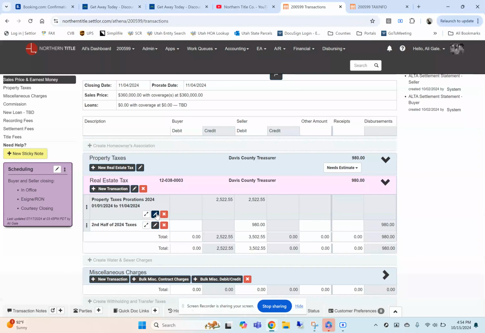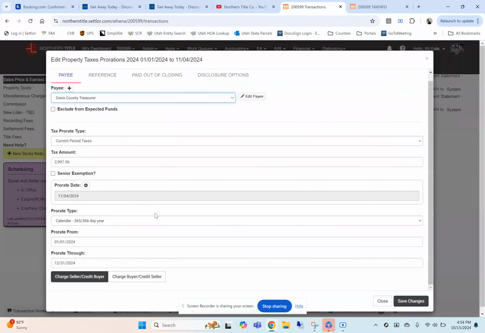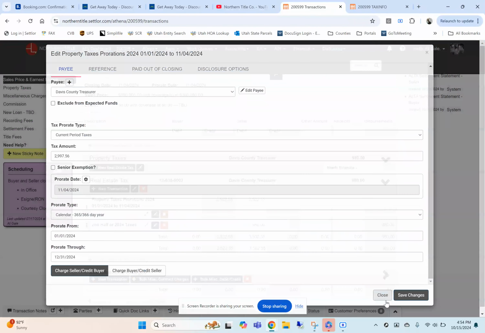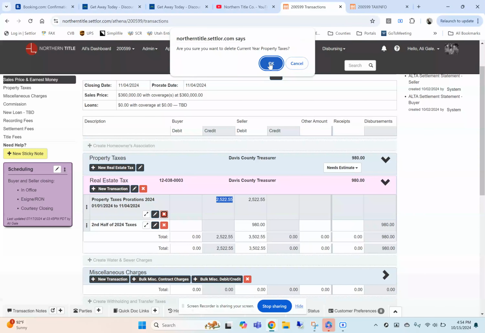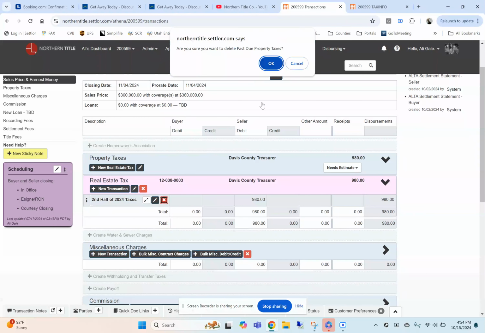So if you've noticed on the pencil, there's no way to actually change that without changing the dates. So the workaround for that is, you need to know that number. So I'm going to exit out of this one and delete it. I'll delete this one just,